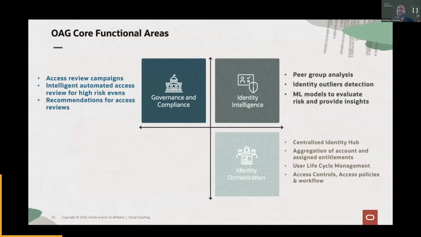Then comes the identity intelligence, wherein we reconcile the information from the target applications. Now, you want to have much more informed insight, because as a reviewer you want to take certain actions on the users and the groups and the policies and the entitlements. But given the world of so many applications and multiple entitlements, we need much more insight to identify outliers, any deviations in the access of a particular user. Then give me that review.